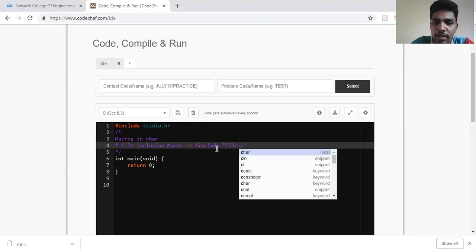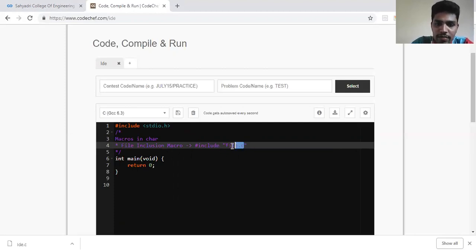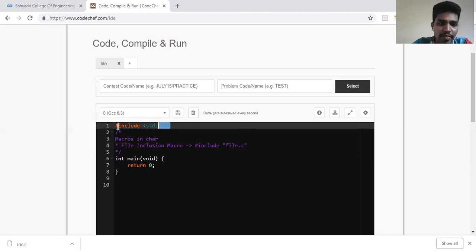So the components of this particular file.c will be included in my program if I use this macro in my program. And it is usually kept in the header section so that before starting the execution of this program, the compiler pre-processes this macro and includes this file's components in my program. You can also see there is a header file already defined. That's also been defined using the preprocessor directives itself.